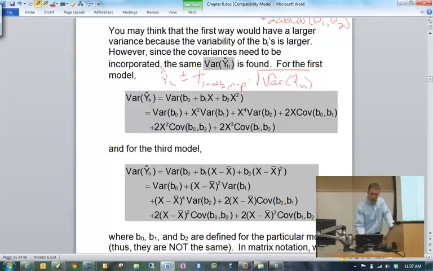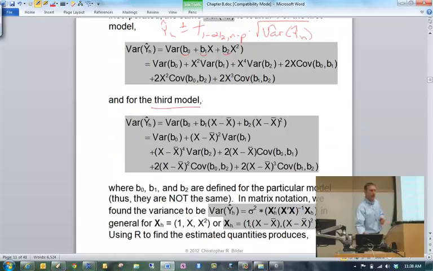In this particular case, I have 3 random variables, B0, B1, B2. I apply the same methodology to find what my variance looks like. Notice how now I have 3 covariance terms.